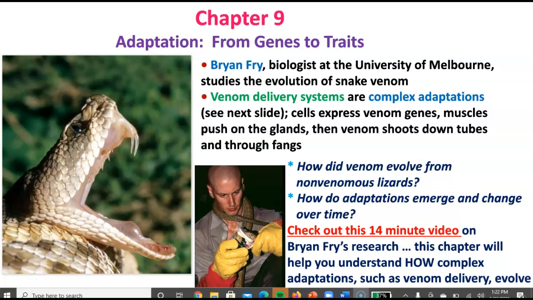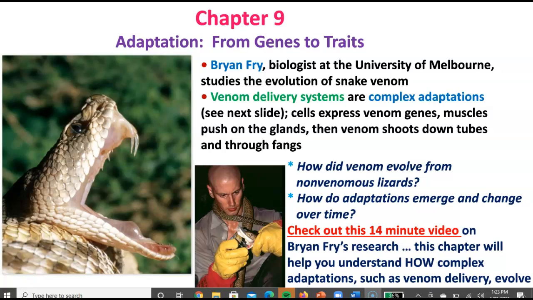But many aspects of organismal phenotypes are, of course, complex and historically have not been easy to explain in terms of their origin and evolution. And this is what Chapter 9, From Genes to Traits, attempts to do, is to show how complex traits can evolve. One classic example of a complex trait would be the eye, which has numerous components and parts to it,